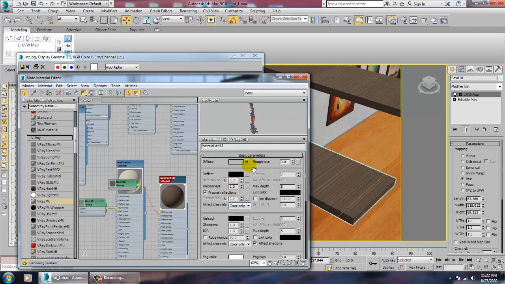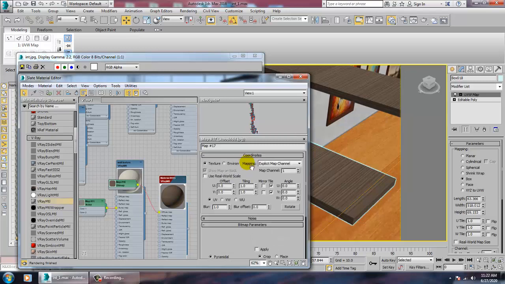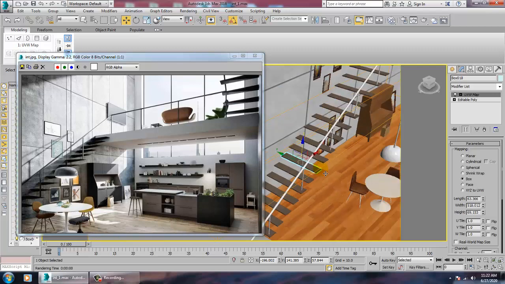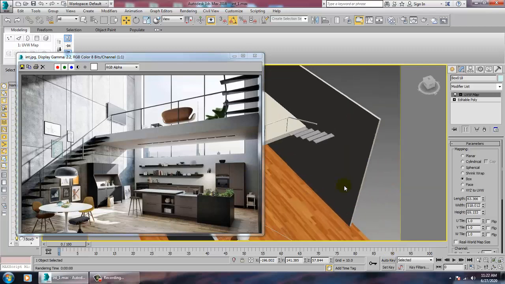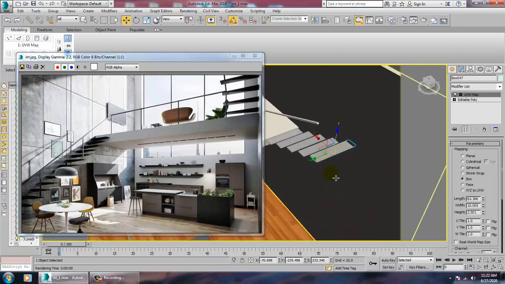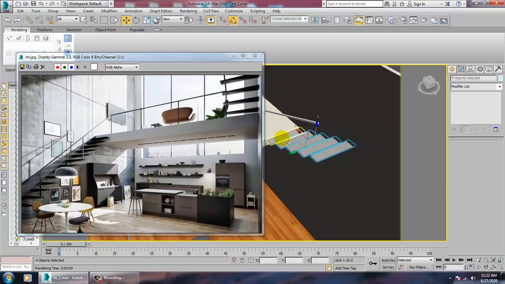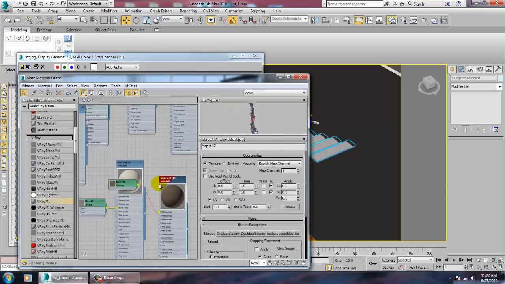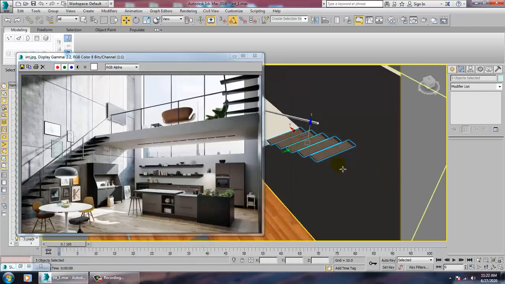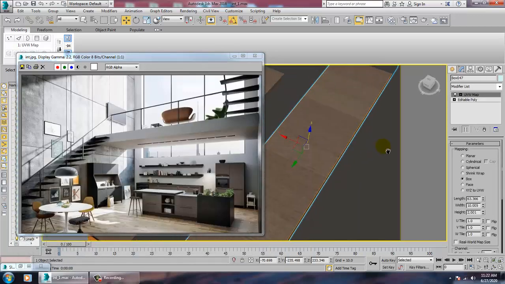Yeah, I think this is the right texture.